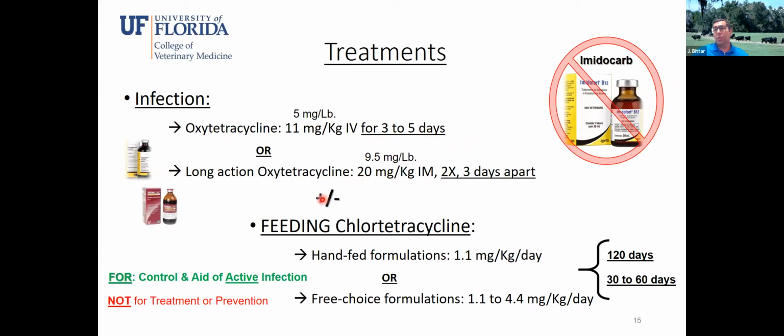And then you can use, with or without the combination, the oral chlortetracycline. So you can use chlortetracycline hand-fed or in free-choice formulations like minerals or so. If you are using hand-fed, usually the concentration that you're going to use is lower compared to the free choice. The free choice, usually we put a higher concentration because there might be a different intake of that feed, therefore that antibiotic, by the cattle. And they require long periods, from 30 to 60 days and sometimes for 4 months. So you have to feed every day and make sure you have the right concentration to reduce the level of